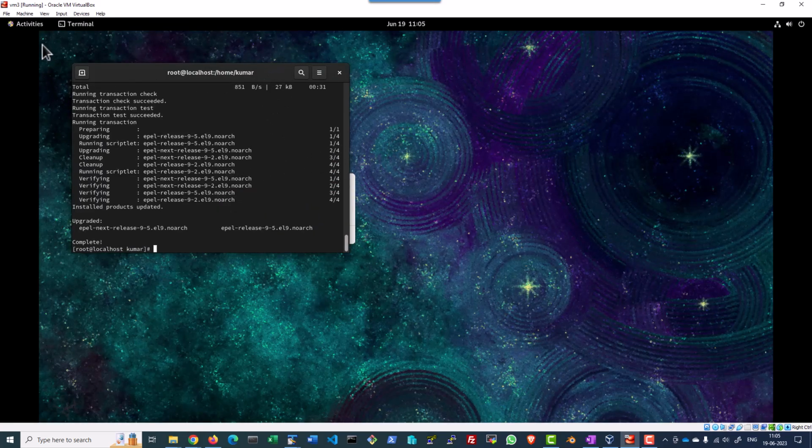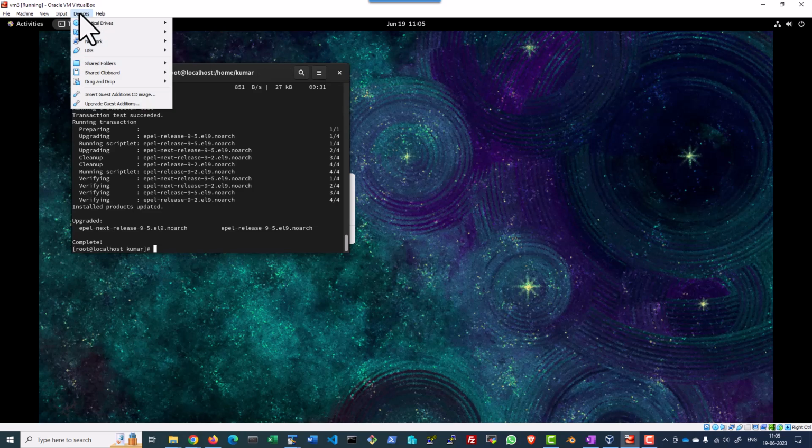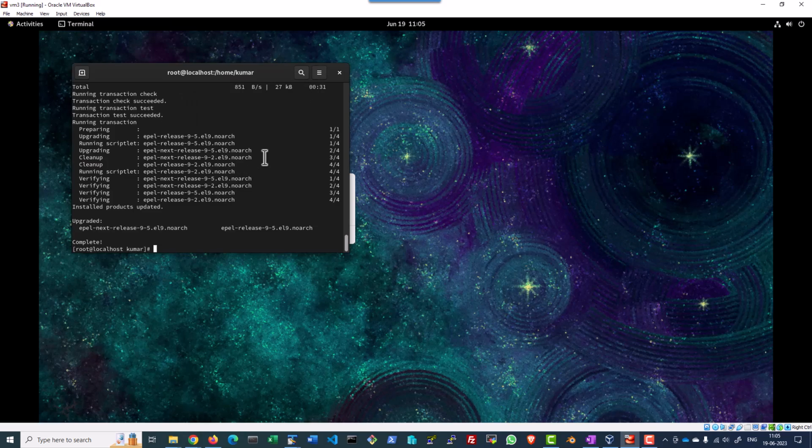Now you can find the difference where the entire screen is expanded, and I can use the clipboard as well. As a part of devices, share the clipboard. I'll make it bidirectional so that I can copy the clipboard either from the host to the guest and guest to the host as well. Let me copy some content from the